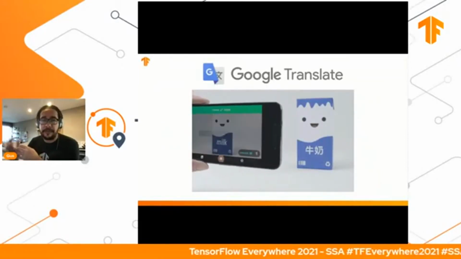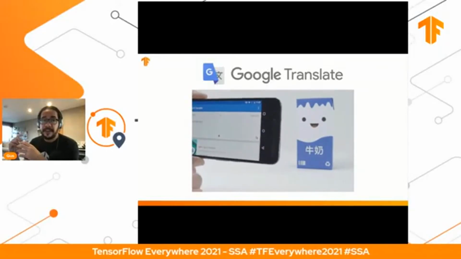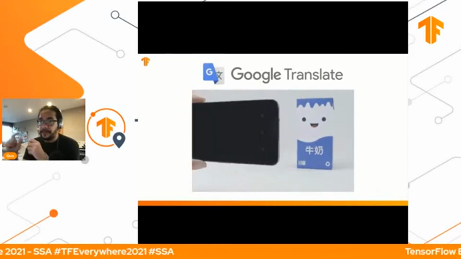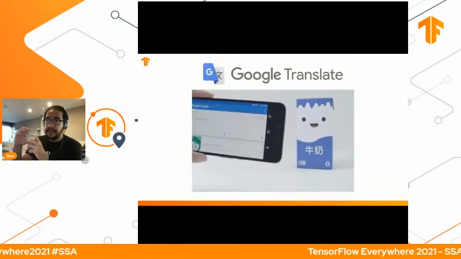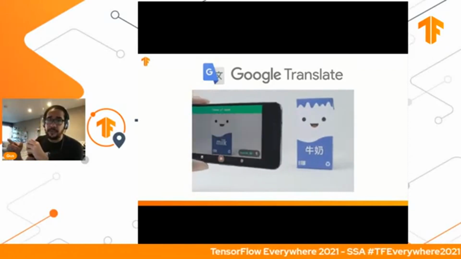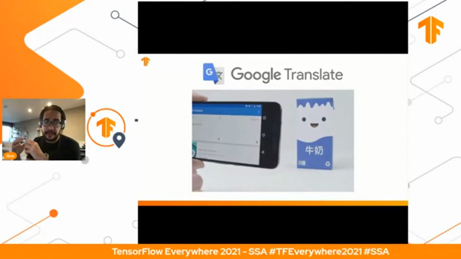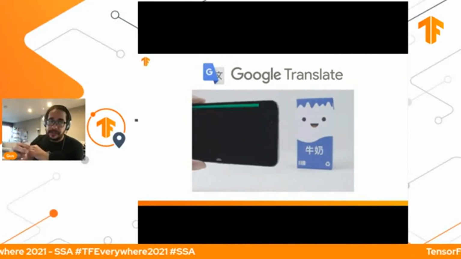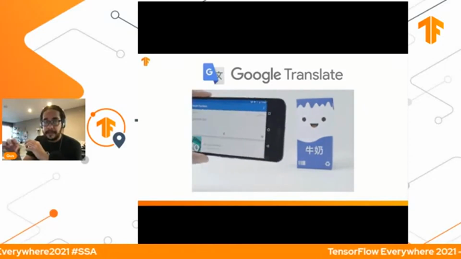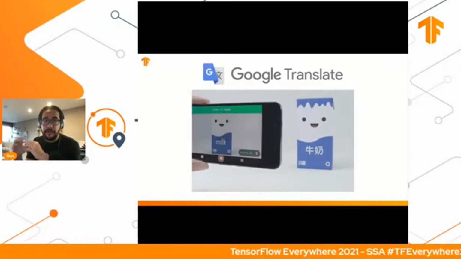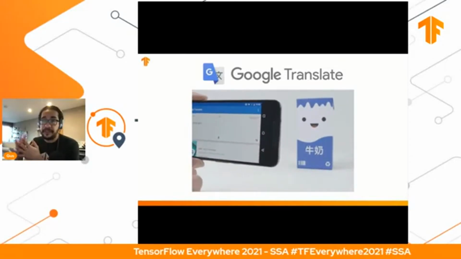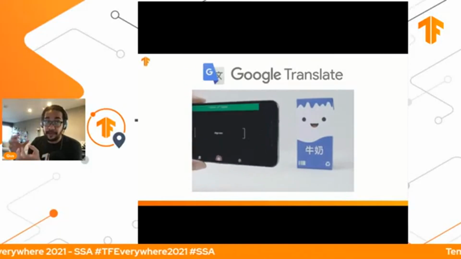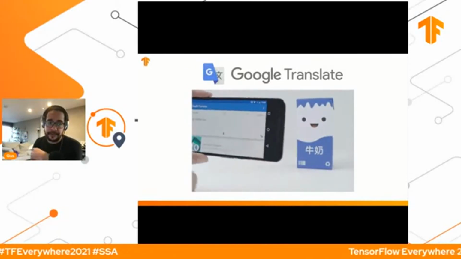And of course Google Translate. I'm pretty sure most of you have seen that. So what Google Translate does is it uses OCR, as you can see on the little video there. It's using OCR, extracting the text, and then translating to the language that you selected. In this case, it's English. So the thing is, it's more than one module here. There is the OCR module, there is the translate part of the model, and it uses both of them to give you a result. This is something that was completely unthinkable in the past, right? Because everything is running completely on device locally. That's why it's so fast.